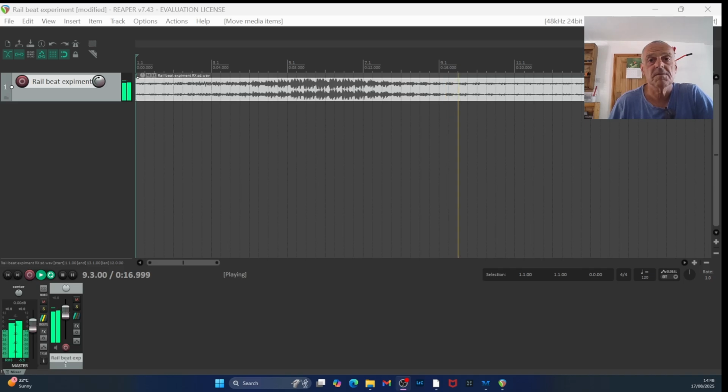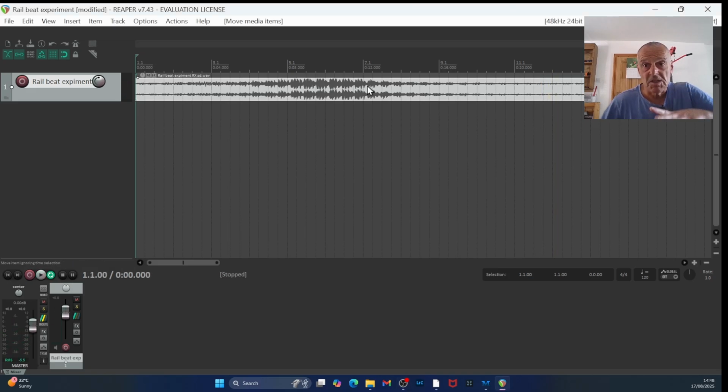That's what we want. If you heard in the main part of that, there was a lot of clanking going on, and as we came out of it, there were some nice clear triplet beats. So let's trim that down